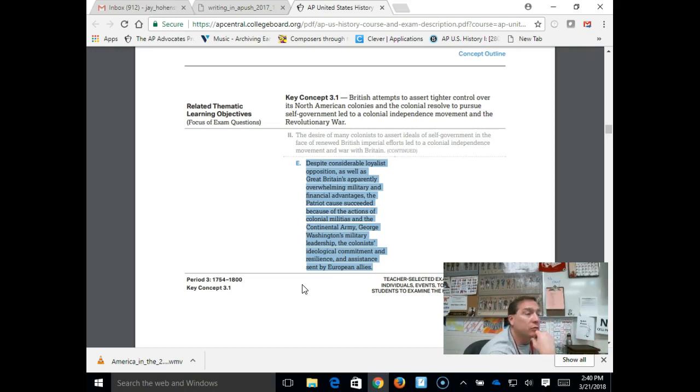Remember your turning point of the war also, Saratoga. That's the key battle that you want to dial into that helped Ben Franklin turn the French to the side of the United States. And then finally the Battle of Yorktown, where with French assistance we're able to capture Cornwallis in 1781, and the war is done in 1783.